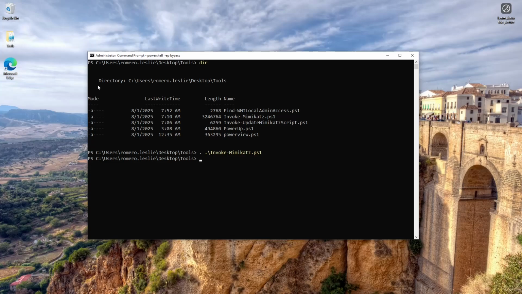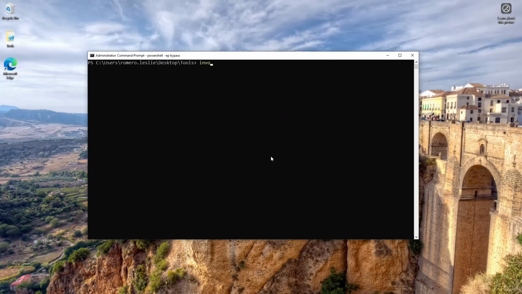Now I'll import the Mimikatz file again, and if I do Invoke-Mimikatz and the command of sekurlsa,